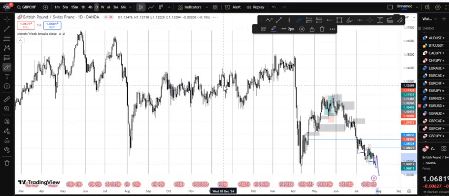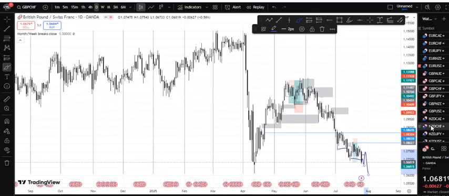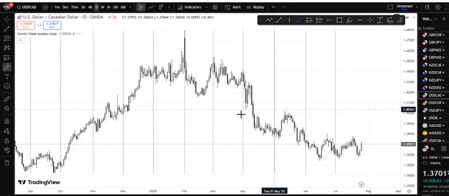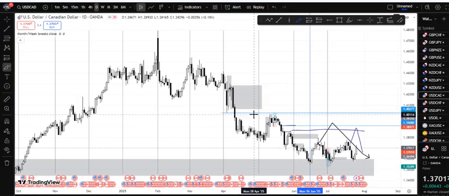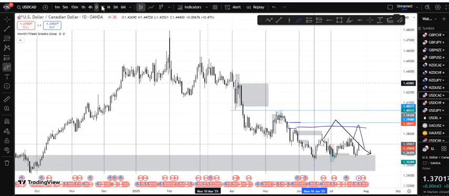Swiss is kind of strong, the pound is weak. GU is also weak, of course, we've checked that. And then the card is weak, of course. That's why this USD card has been fantastic. It's a fantastic run, which we've looked into.